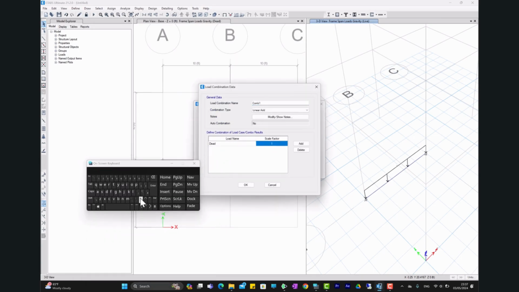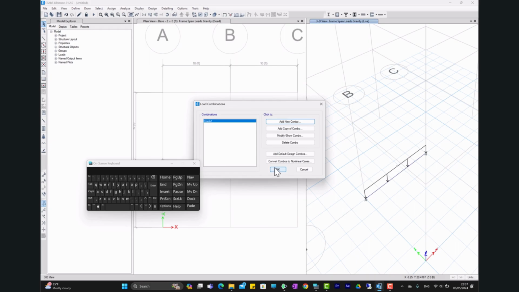First, we enter the load of 1 kg per foot for the dead load, and then we enter the load of 2 kg